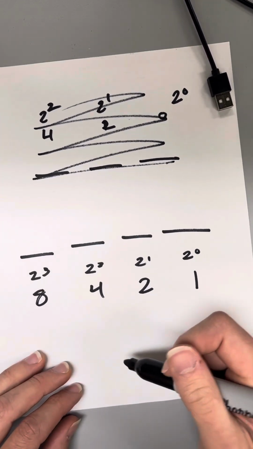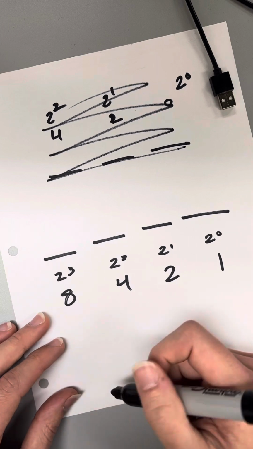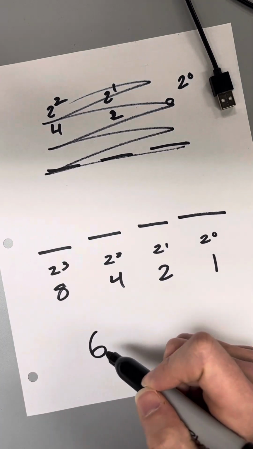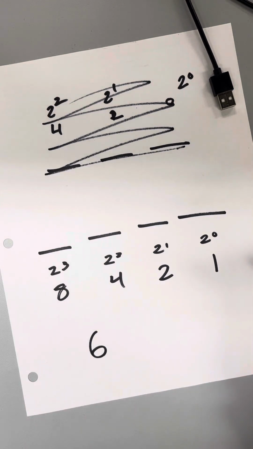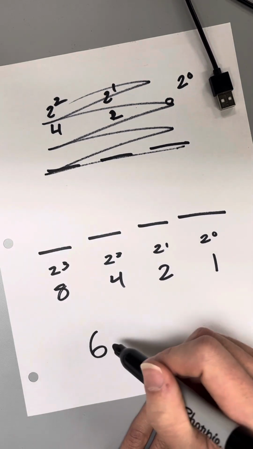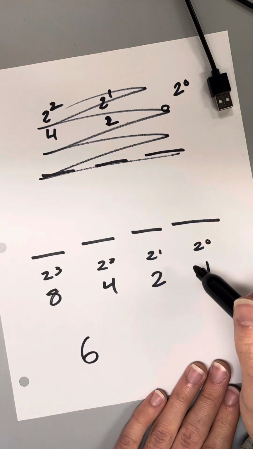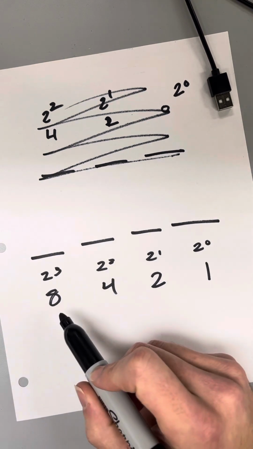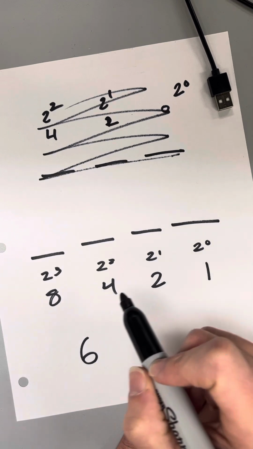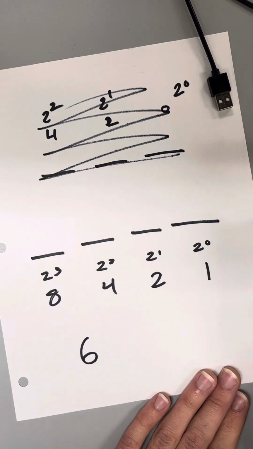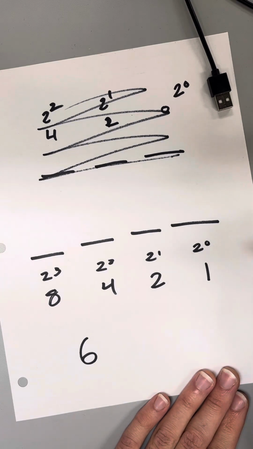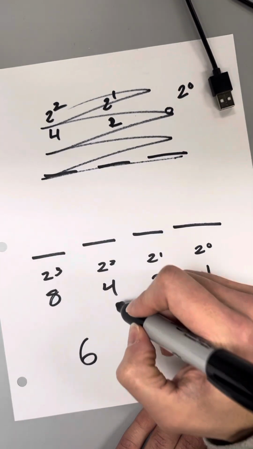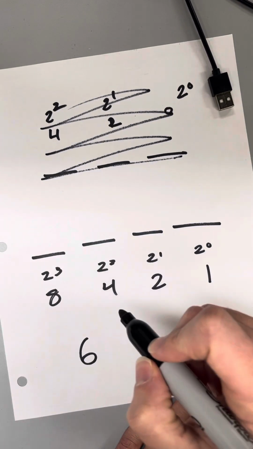So how could I create the number 6 in binary? Because I can't just use 6. The computer doesn't know what 6 means. Well, how do I make 6 in binary? Hopefully you would have told me, these are the numbers I can work with. And how do I make 6 out of these numbers? You can only make it one way. Hopefully you would have seen, okay, I need a 4 and I need a 2, because 4 plus 2